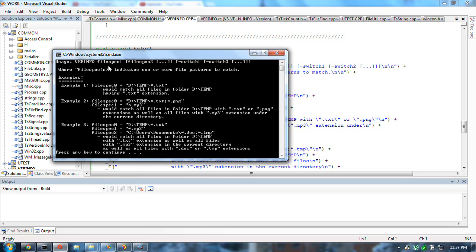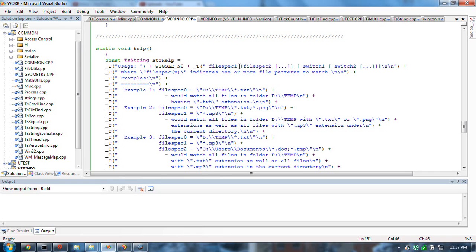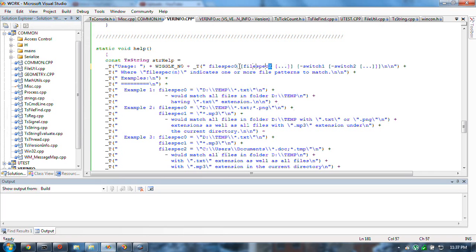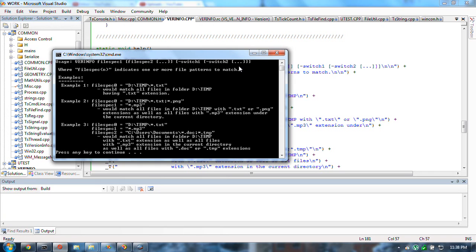Now, so it's file spec. I should have a 0 here, shouldn't I? Fix that. That would match all files from dtemp having text extension,